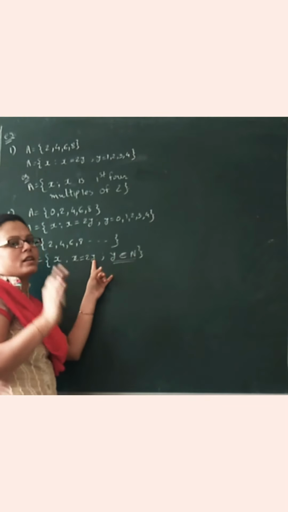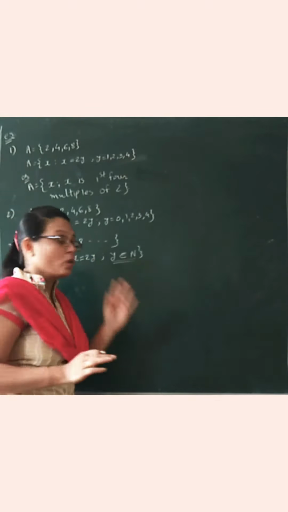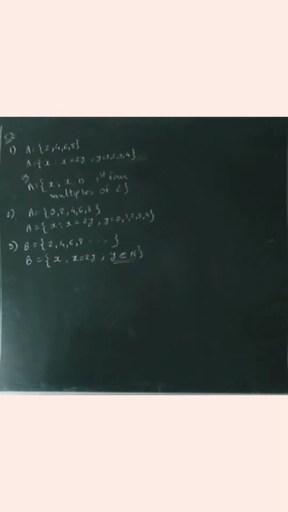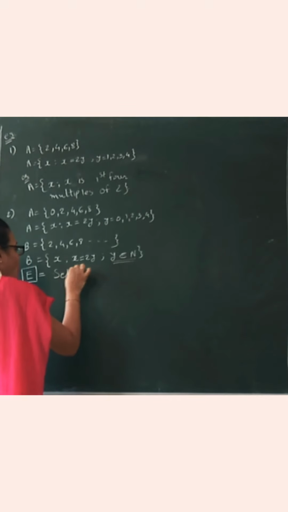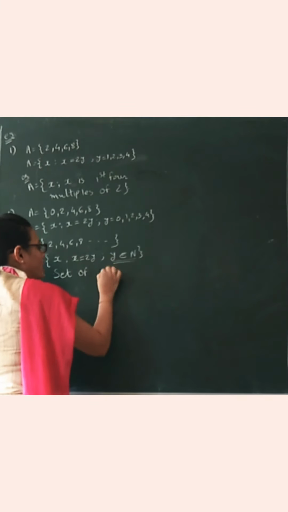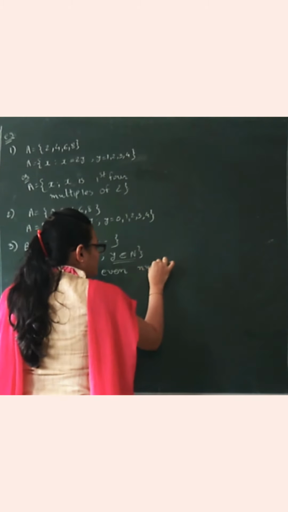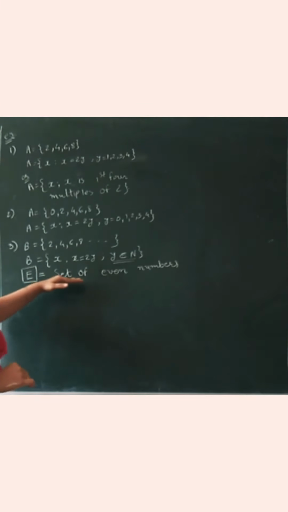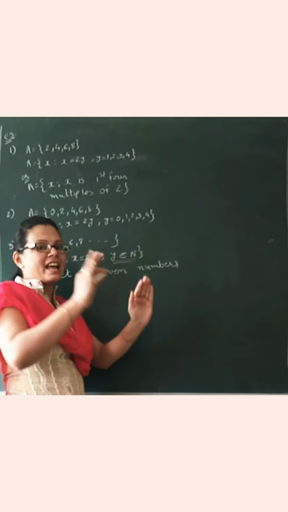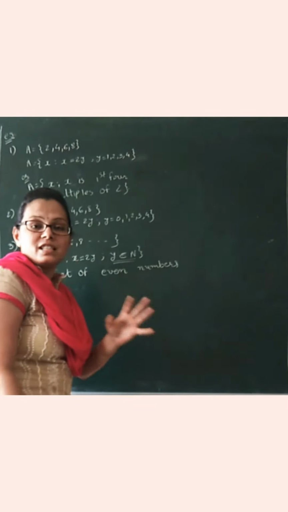That is, you can put here 1, 2, 3, 4 and so on. Okay, that is the most important one more way to express it, as this is set E, set of even numbers. When I am talking about set of even numbers, it itself says that your y belongs to N, your values are only positive even numbers.